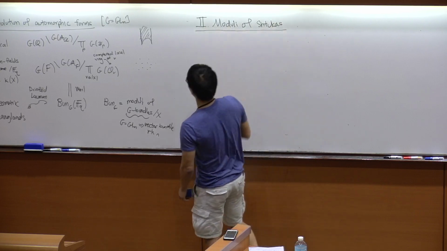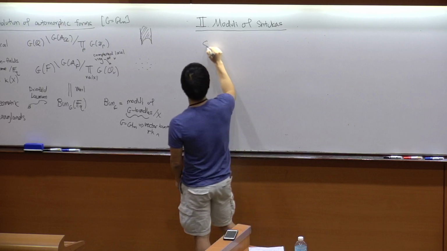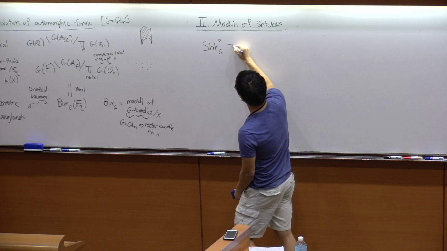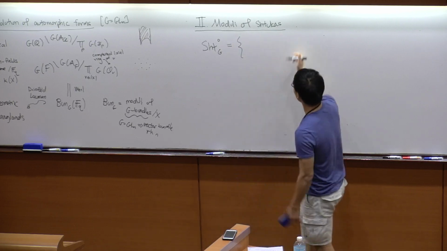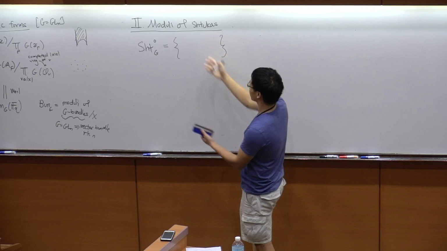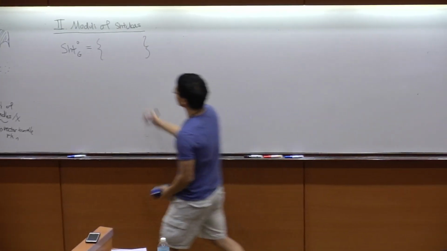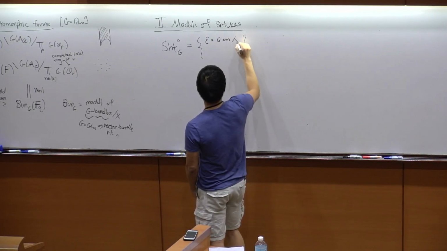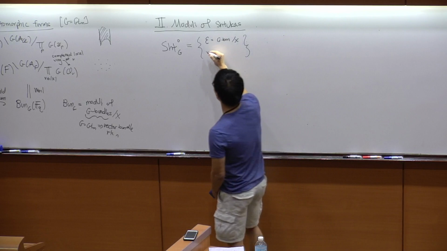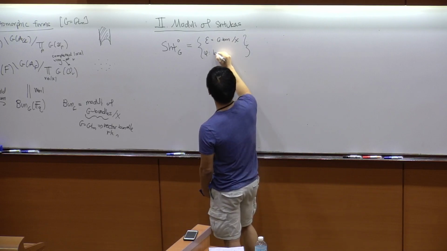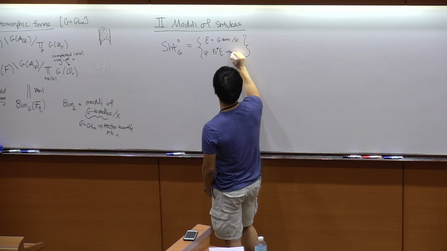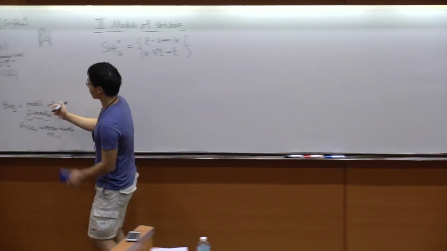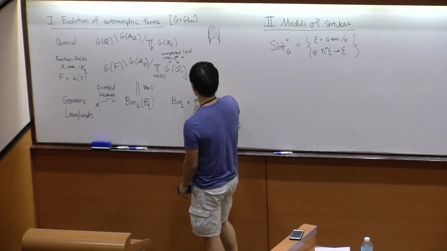And I want to begin by sort of, let me introduce this space, which I'll call Sht_G superscript 0. This will be a moduli space, and I'll kind of write it informally as if it were a set, but this means the moduli space of things I'm going to write inside here. So there'll be, E will be a G-bundle on X. And I'm going to consider the datum of an isomorphism between the Frobenius pullback of E and E. And let me denote this double coset space by brackets G.